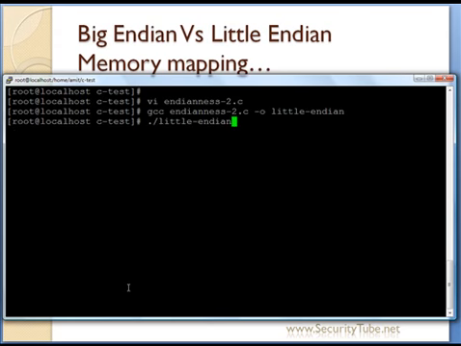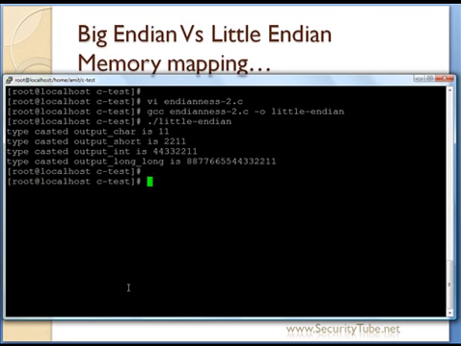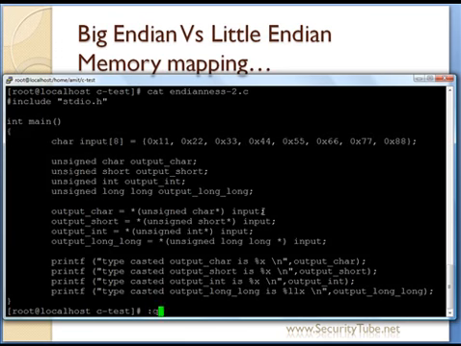Okay, so I'm just executing the little Endian binary, and my output is coming as: typecasted output char is 11, output short is 2211, output int is 44332211, and output long is 8877665544332211. What has happened? A very interesting phenomenon has happened. Let's open the endianness.c file again, or let me simply open it in the